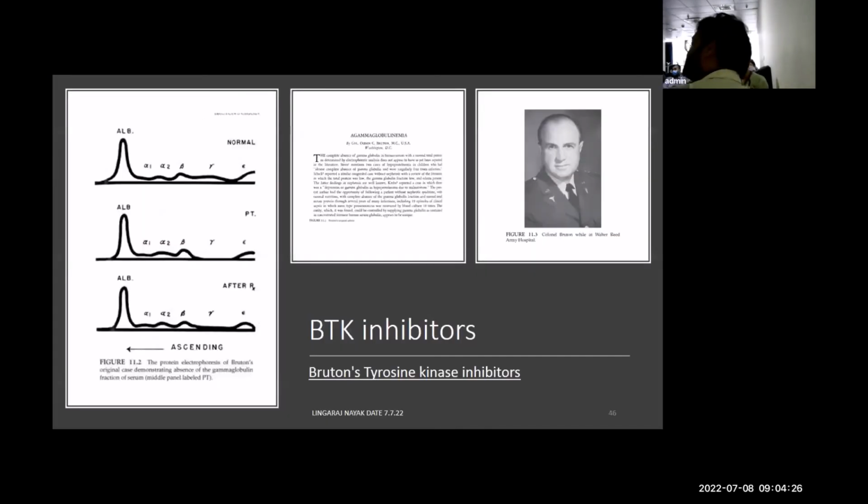But what I will discuss is a bit about these drugs, how you handle them, and what toxicity you see. BTK inhibitor is a Bruton's tyrosine kinase inhibitor. All of you know Bruton's agammaglobulinemia. It was named after a colonel named Bruton, and this photo, and this was the first paper he published. He found some children without any immunoglobulin. This is a memoir of that paper.